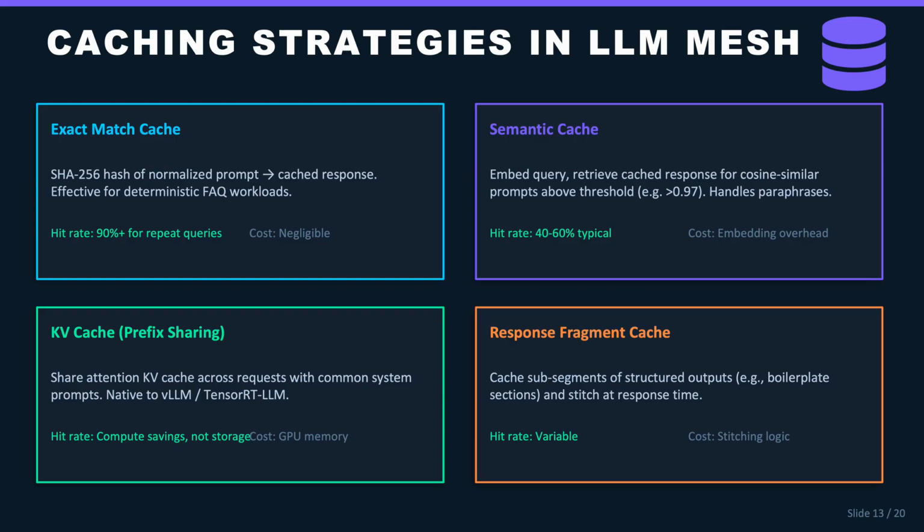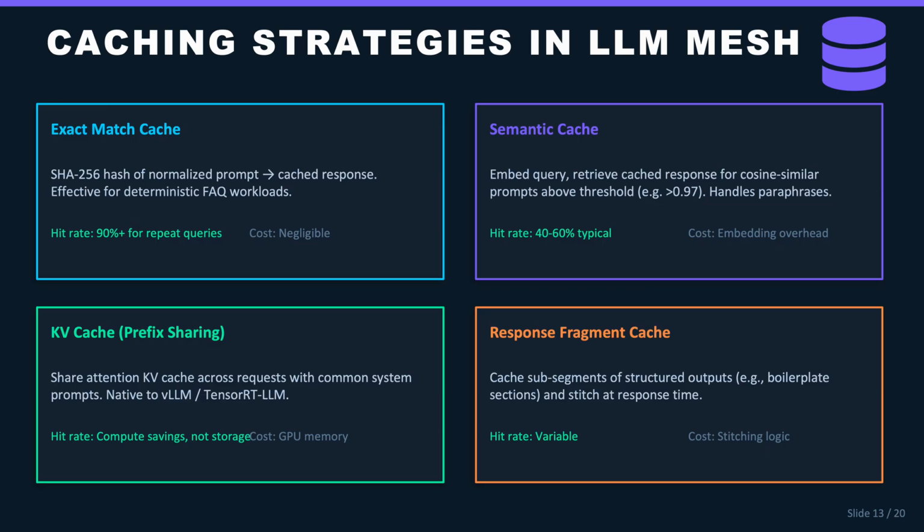The semantic cache embeds the query and retrieves cached responses for semantically similar prompts above a cosine similarity threshold, typically 0.97 or higher. This handles paraphrased versions of common queries and typically achieves 40 to 60% hit rates in production. The KV cache or prefix sharing tier shares attention key value caches across requests with common system prompts. This is native to inference frameworks like vLLM and TensorRT-LLM and delivers significant GPU compute savings without additional storage cost. Finally, response fragment caching caches subsegments of structured outputs, like boilerplate sections in generated reports, and stitches them together at response time. Combining all 4 tiers in a well-tuned mesh can reduce your inference compute costs by 40 to 60%